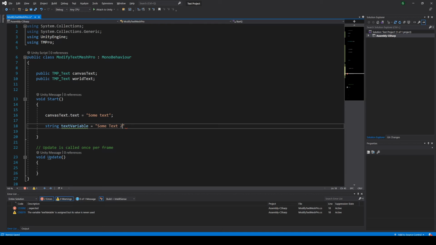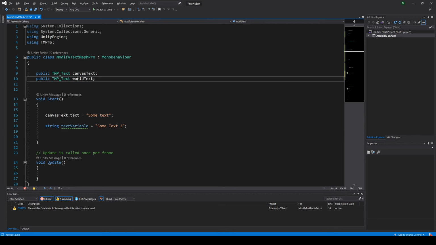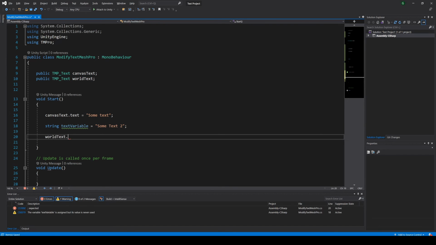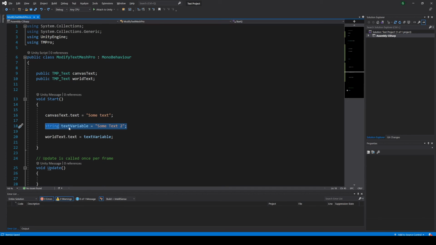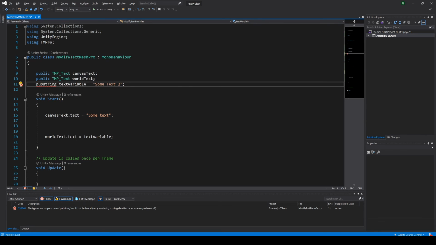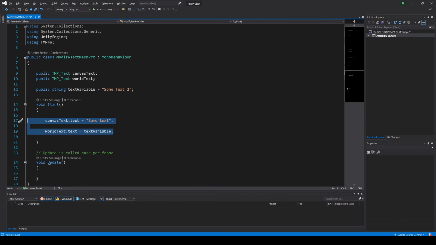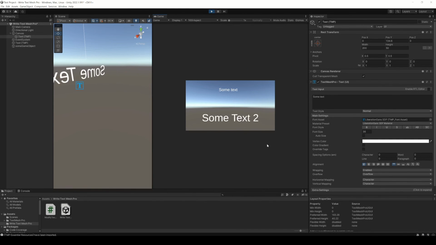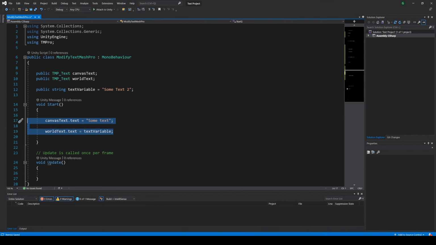Another way to do this could be define a variable and then assign that variable to the text field of the component. It could be a local variable or a global variable if you want. But with this, we can modify the text through script. Here we enter in the play mode, and as you can see, the texts are modified. It means that we were able to write them